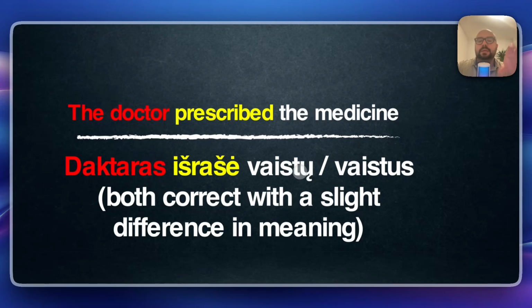But if I had to explain this, vaistų would mean a little bit of specific medicine. He wrote a prescription for that. If daktaras išrašė vaistus, that means he wrote a specific amount that he had to